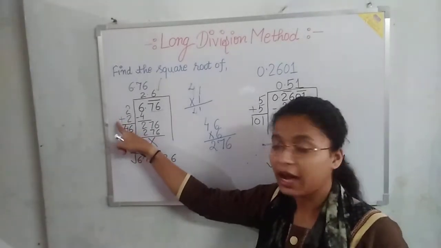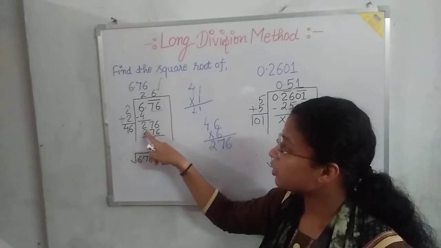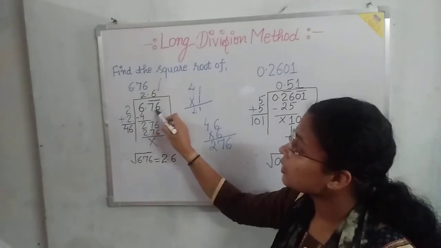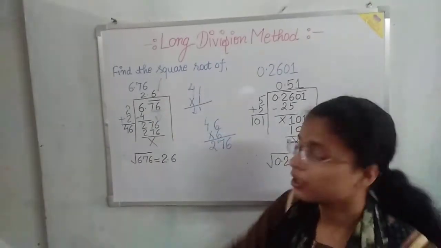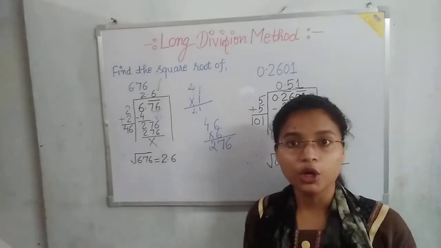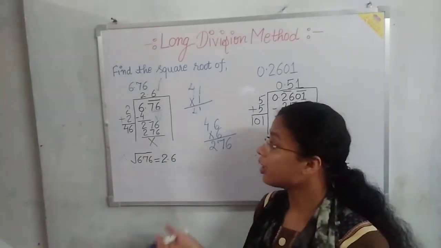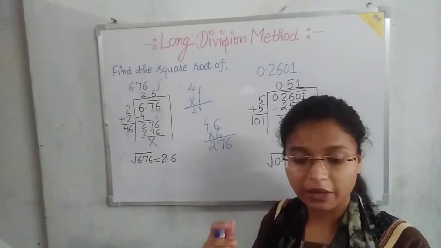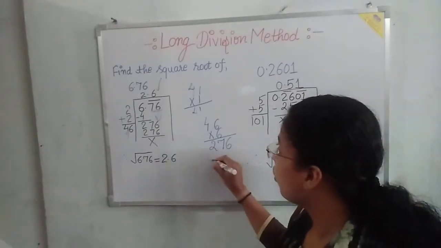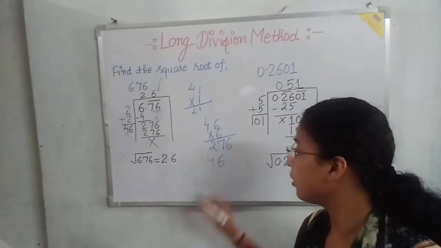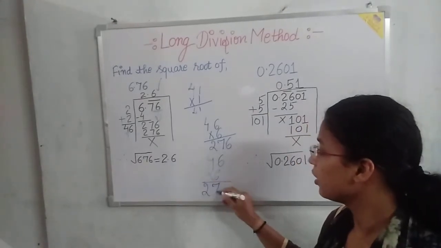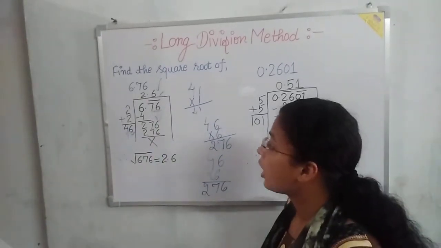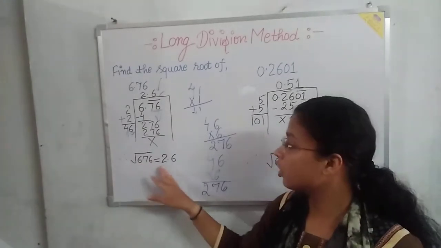Remember this, here you have to add and here you have to minus. Now when you minus it, you will get 2, and after the 6 one decimal is there, so write here a decimal. Now 76 is a one pair, so write this 76 together downside, 276. Now you want a number less than 276 or equal to 276. Now after the 4, one by one you put 1 and then multiply with the same number 1. When you write 4 and in the back side you write 6, and again multiply with the same number 6, you will get 276. So write here 6, here also 6, and 276 will give you 0. Means the square root of 6.76 will be equal to 2.6.